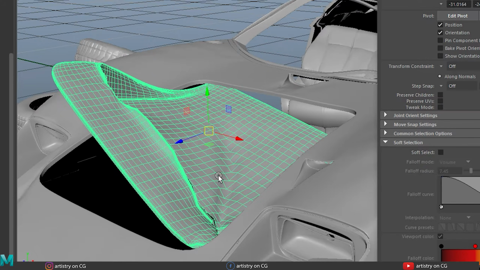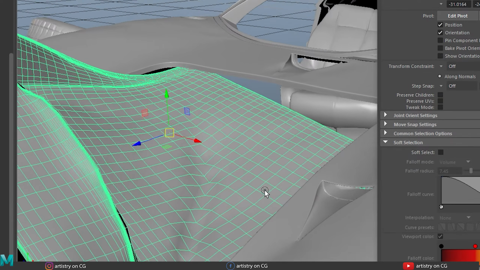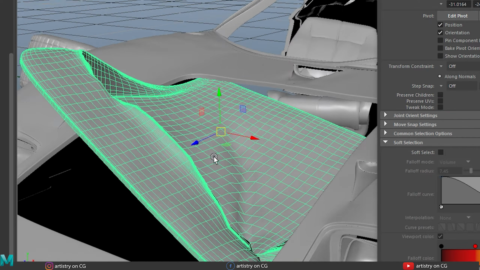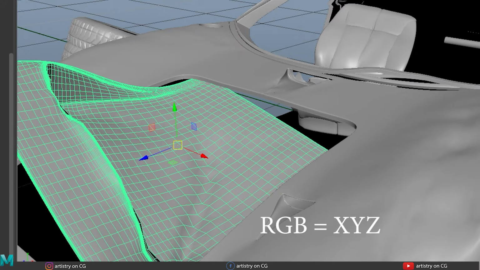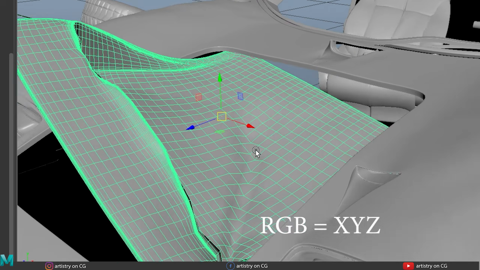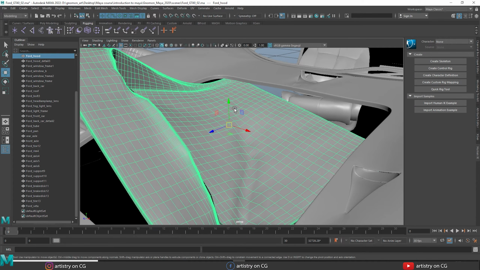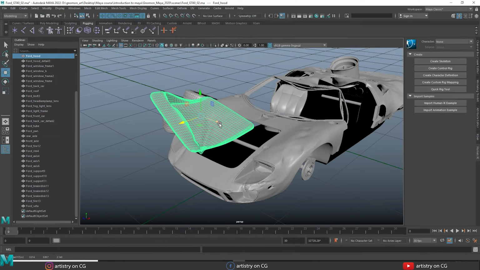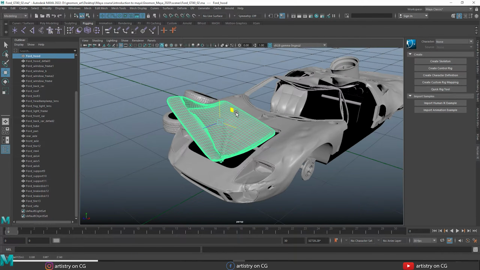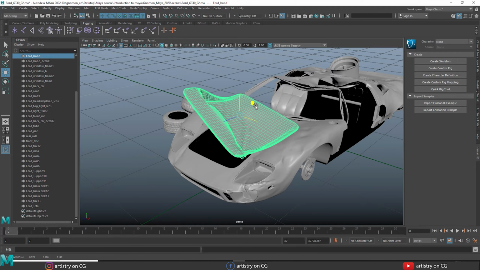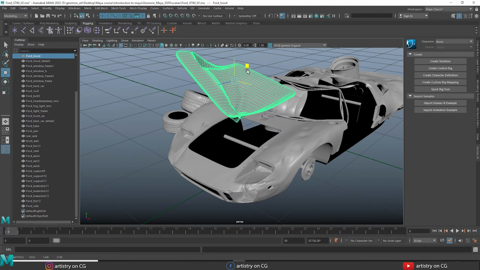Red means x-axis, green is y-axis, and blue is z-axis. So R, G, B, X, Y, Z. Very simple. Select these arrows and you can move along these axes. If you select this box, you can move in 2 axes at the same time, like this. You can see, this is very easy.